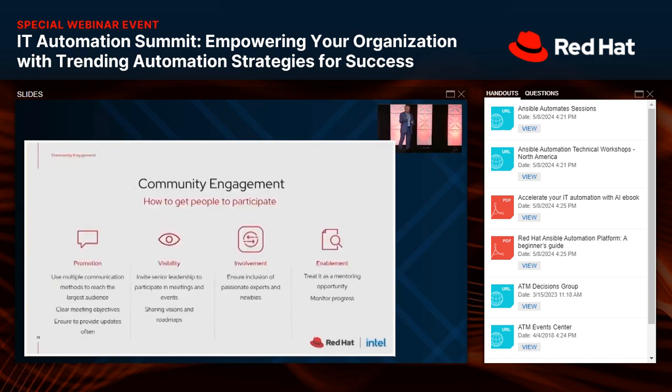So how do you get people to participate, right? The key things are you want to make sure that you're following at least these four key objectives. You enable promotion of good ideas, you recognize good ideas, you reward good ideas, you provide them visibility, right? With some of our customers, we've done lunch and learns. We give them the opportunity to say, hey, this was a problem that was solved by the community, this is what the approach was, and so on and so forth. So you give them a platform to share and be visible.